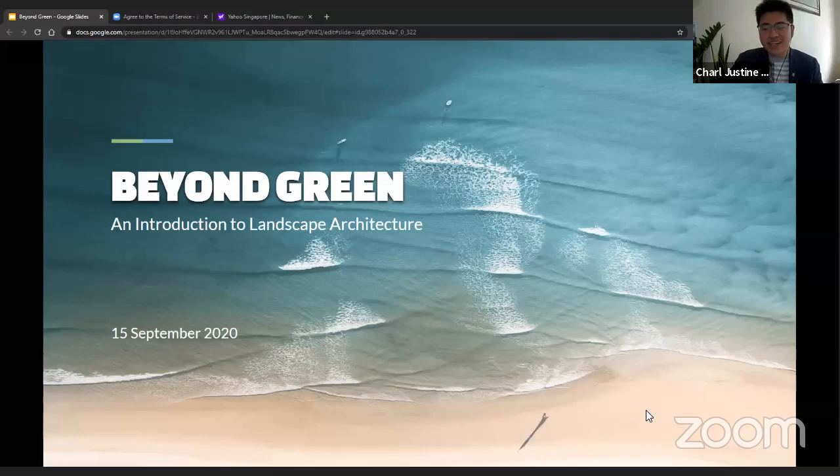Our speaker is a seasoned landscape architect with over 10 years of experience in design in a wide range of international and local projects in Singapore. He is currently an associate member in WATG Singapore Incorporated. WATG is an international firm with 75 years of experience in the hospitality industry.